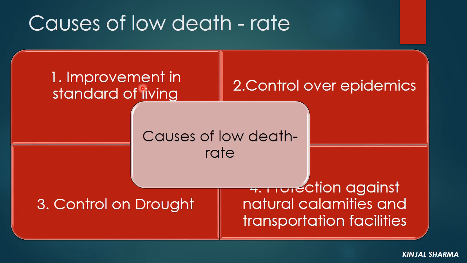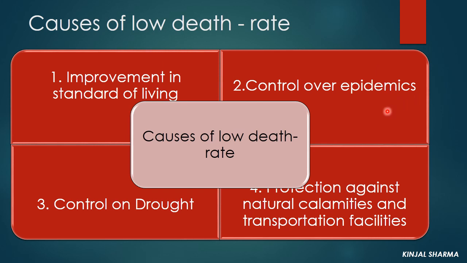So standard of living of the people has improved because of the rise in income of the people. Obviously, if income of the people will increase, their purchasing power will increase, and if purchasing power increases, they will improve their way of living due to it. For example, people of our country have now started getting better quality of food grains, better housing, better healthcare services, better education, which has led to decrease in death rate.